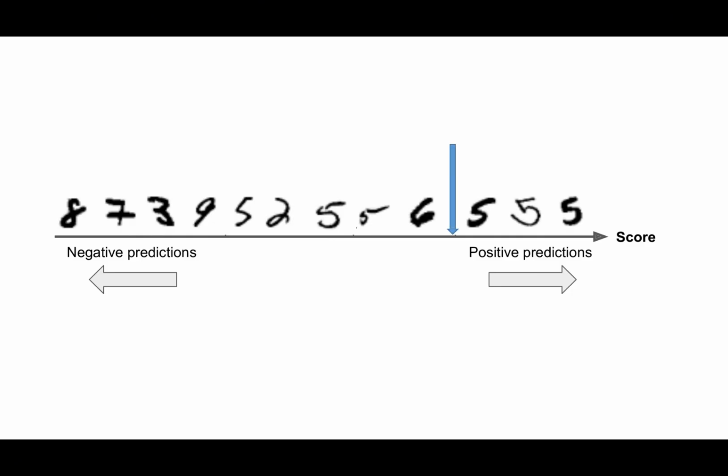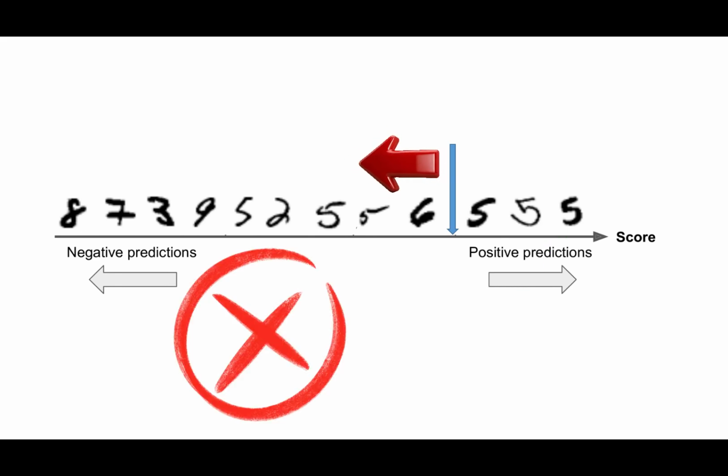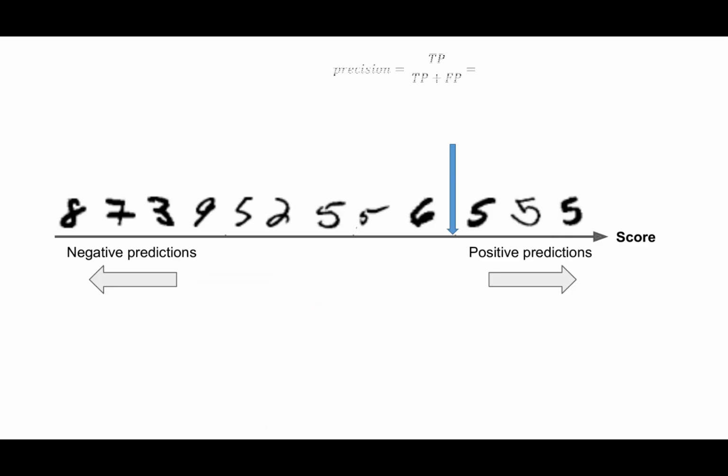To get why, let's just quickly peek under the hood. The model doesn't just give a simple yes or no. It gives each image a score. If that score is above some line we've drawn in the sand, our decision threshold, it calls it a 5. If it's below, it calls it not 5. And where we decide to draw that line changes everything.